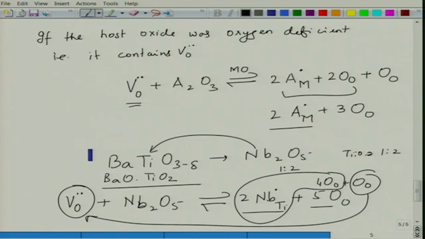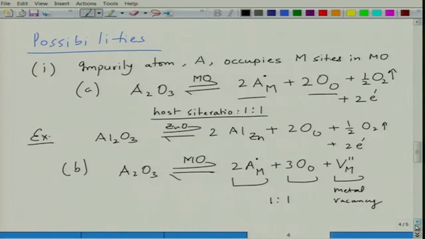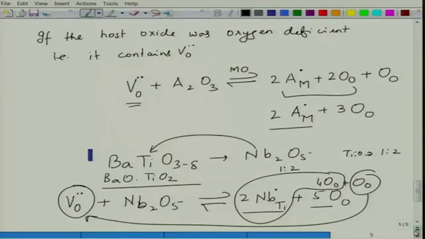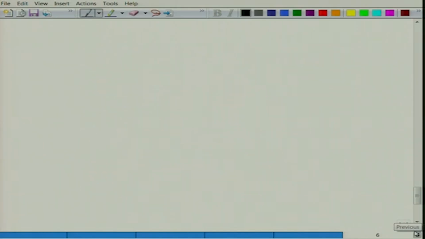Okay. So, barium titanate may have electronic defects, it has oxygen vacancies. So, how do you eliminate oxygen vacancies? You bring in extra oxygen into the system by doping it with an oxide of higher valence. This is called compositional engineering of oxides. So, not only impurities can give you defects, but impurities can also be used to compensate the defects which exist from earlier. Okay. Alternatively, if you have, let us say, holes in the system or electrons in the system, in this case if you had holes in the system,